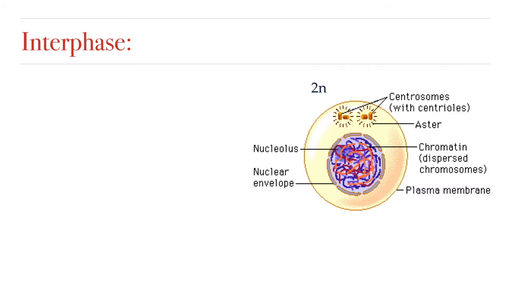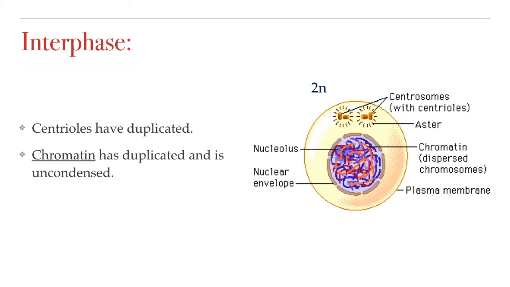So in interphase, the cell is diploid, so it has 2n chromosomes. The centrioles have duplicated, and the chromatin has duplicated and is uncondensed. This is the same as interphase in mitosis. You can see the nucleus, you can see the nucleolus. The chromatin has made a copy of itself, but it's not condensed into chromosomes yet, so chromosomes are not individually